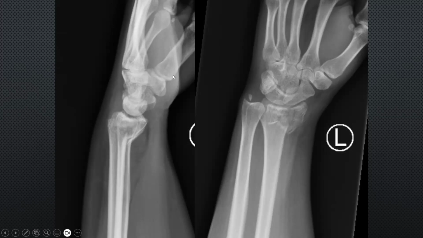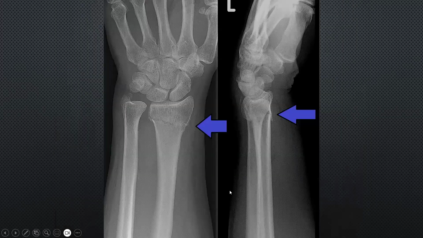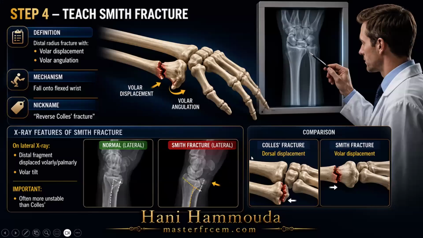So you will draw a line. This line is called the radiopalmar or radiocarpal line here. Okay. Here also, if you put a line like this, it will be in front of the hand, not behind. Okay. Anyway, so